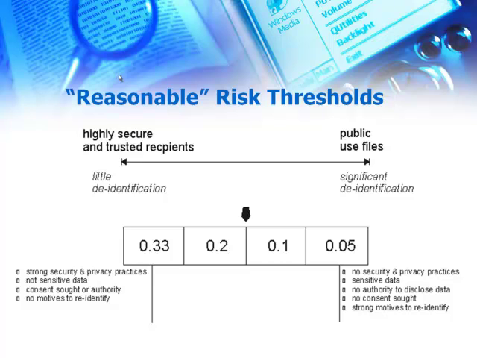But we would argue then that these are the risk levels that we've been releasing data at for many years. We can argue that this is a level of risk that has been accepted by society thus far anyway for releasing this. Some HIV data is released at a 0.33 threshold in the US, for example. So I think that's a bit high for HIV data just because of the sensitivity of the data, but a lot of precedents across that spectrum. But they always fall into one of those four bins. So then the issue is, what is an acceptable threshold? If you choose one of those and you can justify it, then there's a lot of precedent to support that decision. And you know, these precedents may shift over time as well. But as of today, this is what we have.